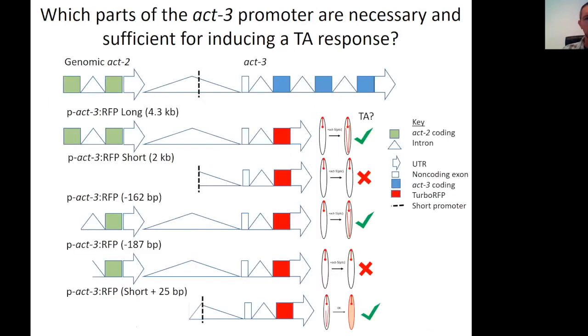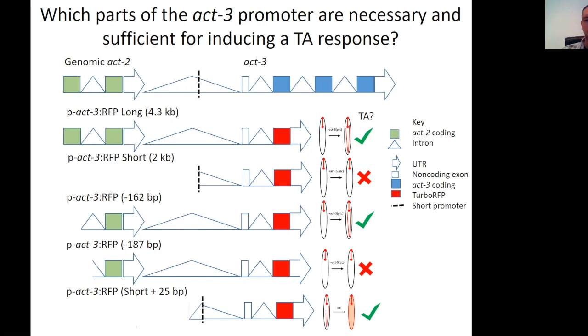And so what I've done here is performed a series of truncations and modifications of this transgenic line to try and parse which sequences in this promoter region are necessary and which sequences in this promoter region are sufficient for inducing a TA response. And what I found is that there's about 25 base pairs that are both necessary and sufficient for transcriptional adaptation to act on this